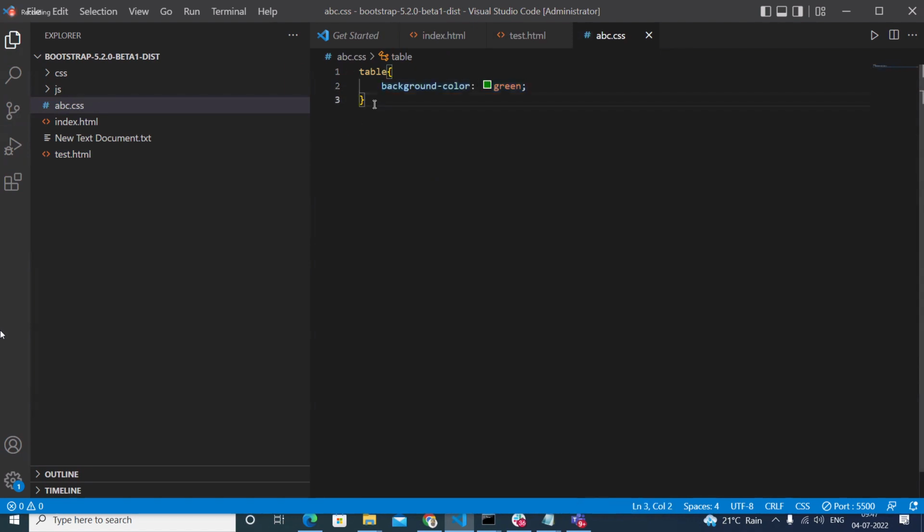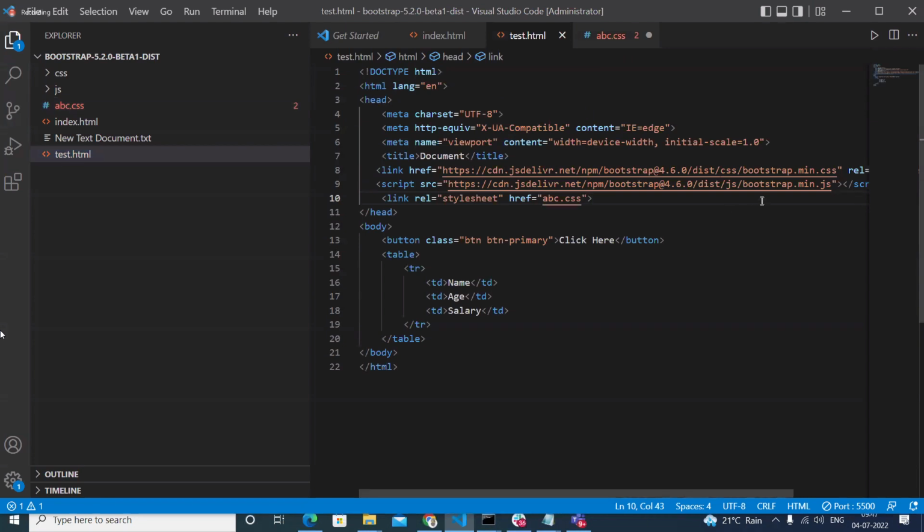In Bootstrap, you are going to have some classes. Suppose there is a table class in Bootstrap, which has some styling code. Which Bootstrap file has the different Bootstrap classes for the HTML? Which ready-made file has all the ready-made classes? Yes, bootstrap.min.css. Bootstrap.min.css, which I have linked from my HTML, has all the ready-made table related classes